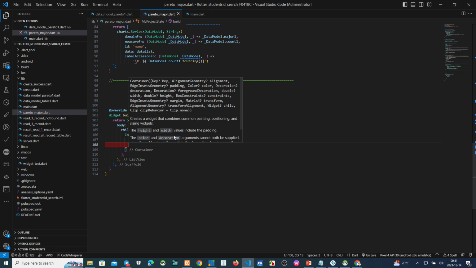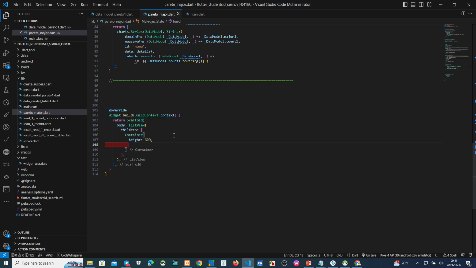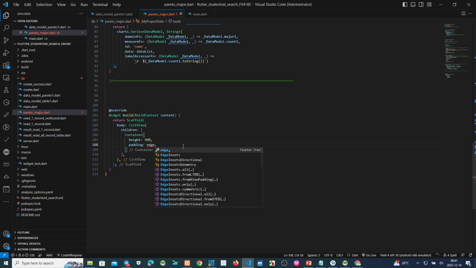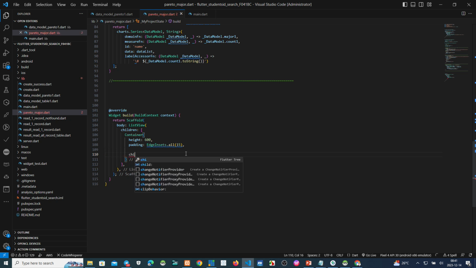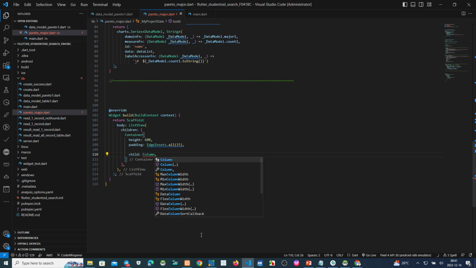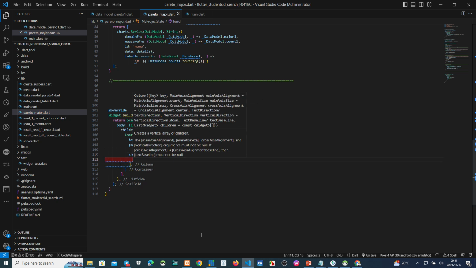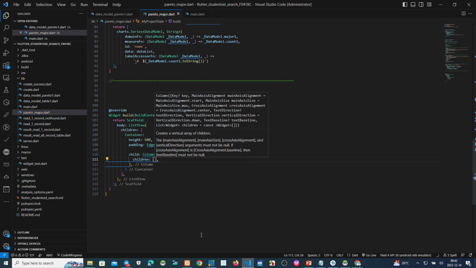And then we make padding. After that, we make a child, a column, and children.